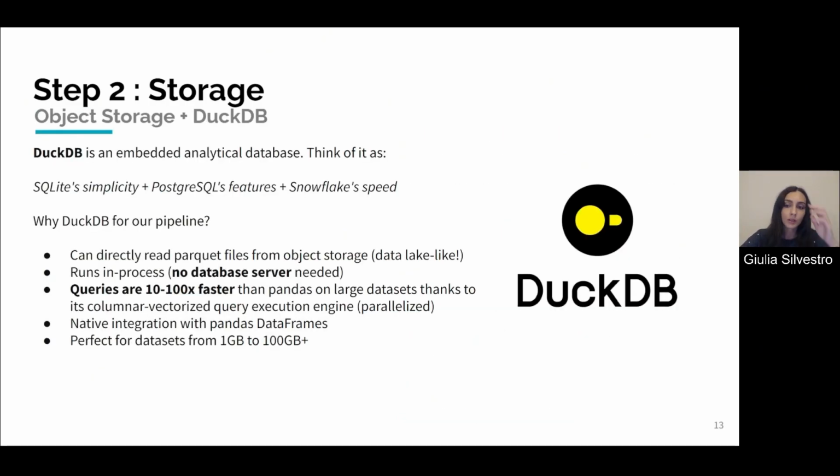So let's talk about DuckDB. DuckDB is an embedded analytics database, and you can think about it as SQLite's simplicity, PostgreSQL's features, and Snowflake's speed. But why use it for a pipeline? Because it can directly read Parquet files from object storage. So we could store data as, for example, Parquet files on a blob storage, and then read it using DuckDB's engine. And this helps us because